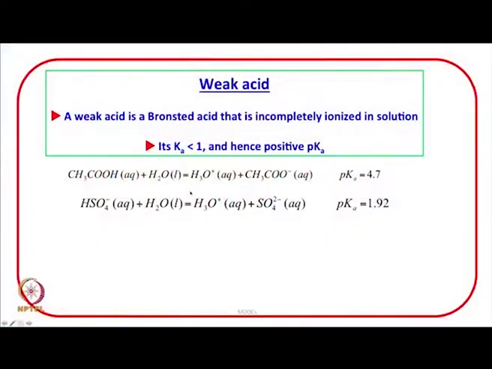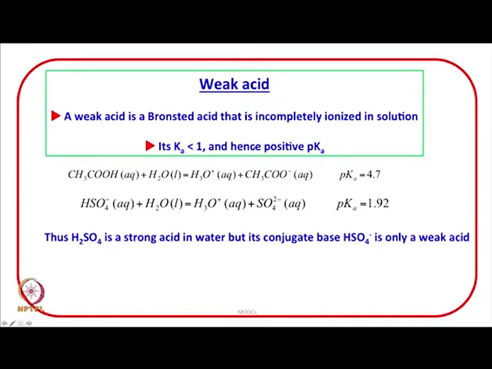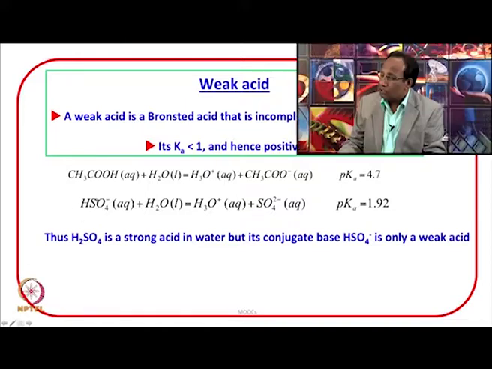Because these are not completely ionized in solution. And if the ionization is not complete, then Ka is less than 1 and pKa values will be positive. So the comparison of these pKa values suggests that HSO4 minus is going to be a stronger weak acid compared